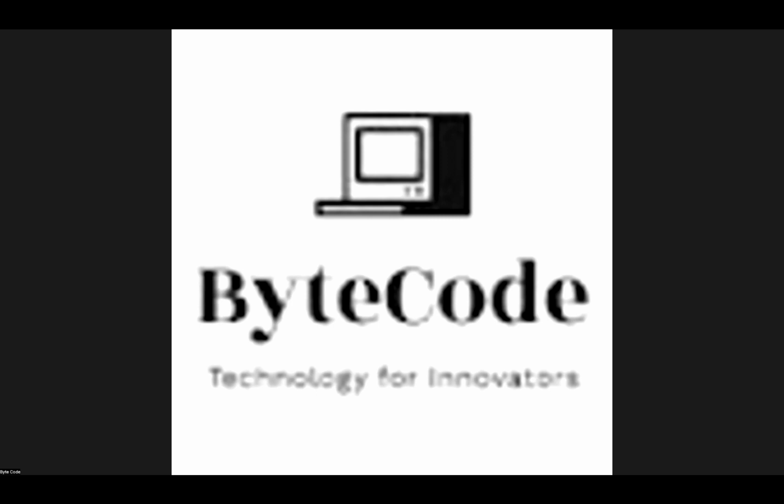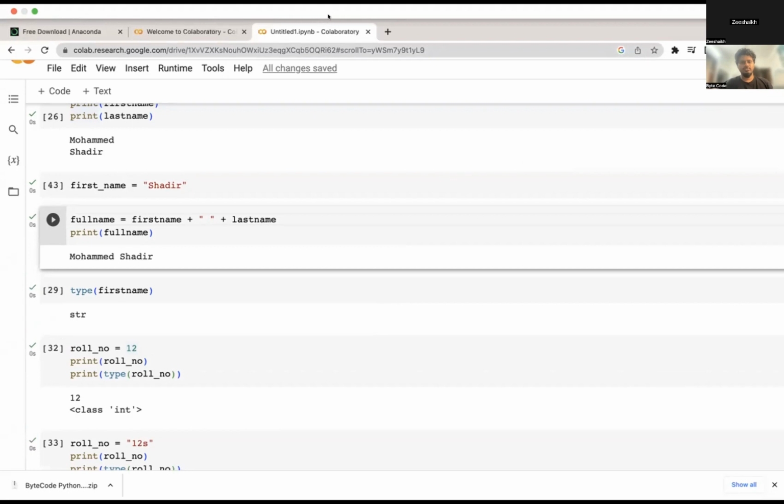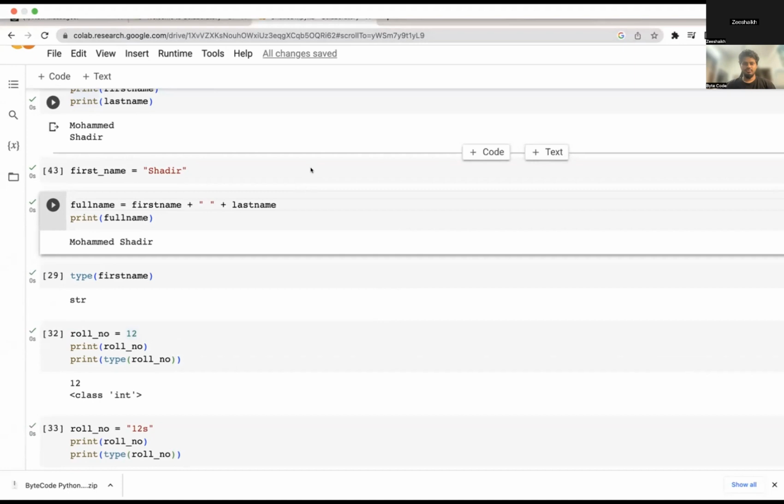Can somebody summarize what all we have done until now? Yeah, so we have discussed functions, we have discussed variables, we have discussed putting strings into variables and then calling out that variable value.